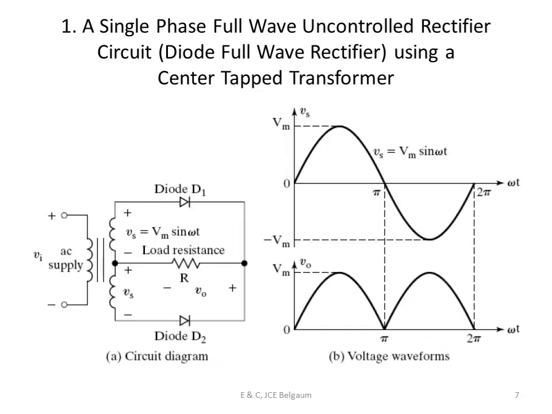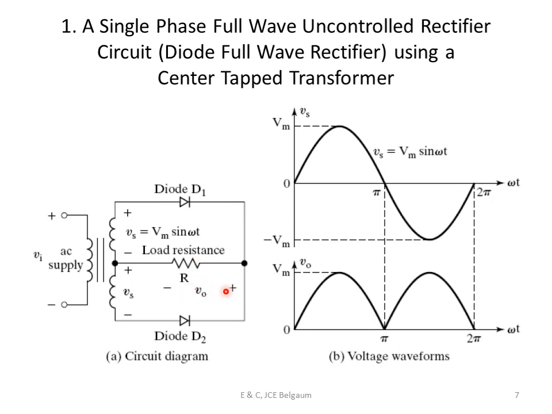This is basically a single phase full wave uncontrolled rectifier circuit. Uncontrolled because I'm using a diode; I don't have any controlling element like a gate for the diode. In this particular circuit, this is an AC supply. It's a full wave center tap circuit. I've got diode D1 connected like this and diode D2 connected like this. They are connected together at the cathode, and the load is taken from the common point of the cathodes to the center tap. So the load is R and the output is taken across R.